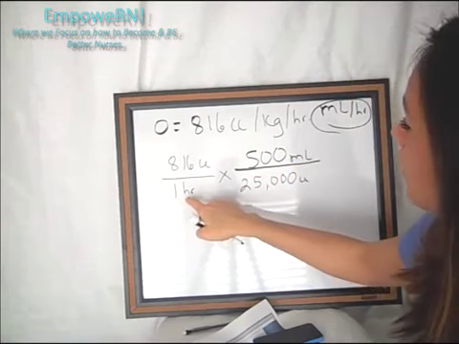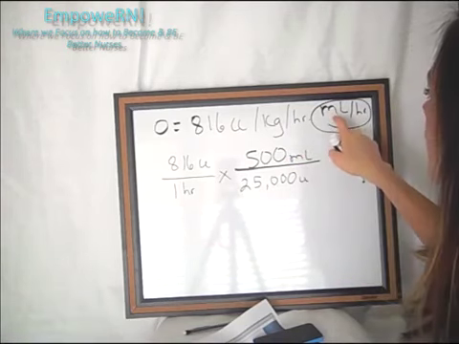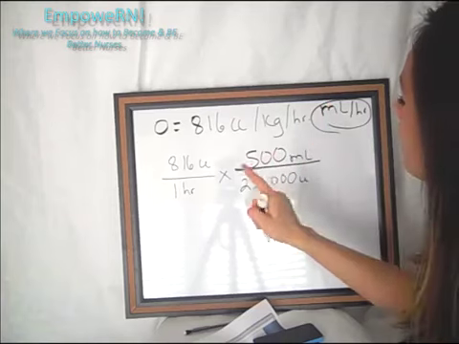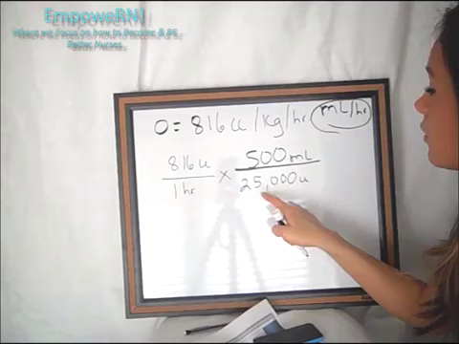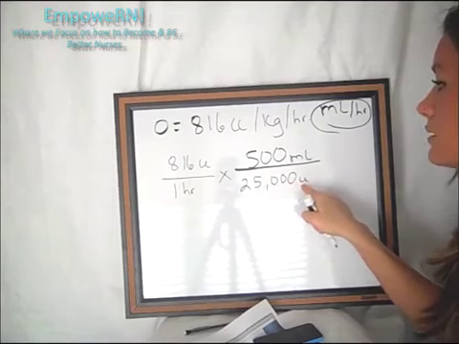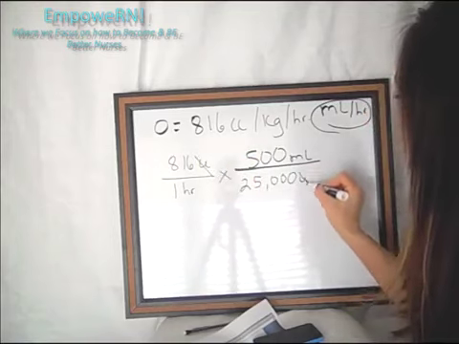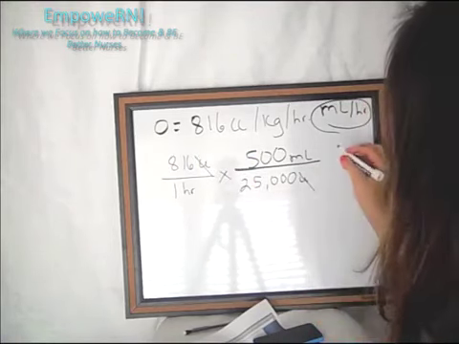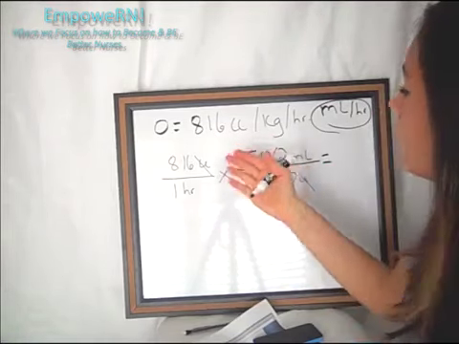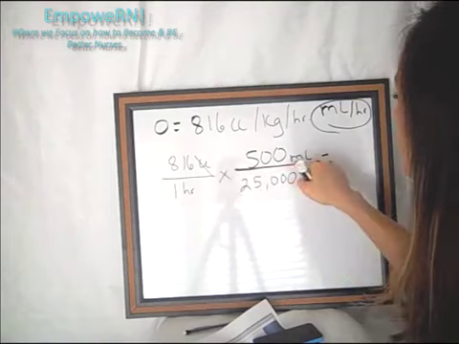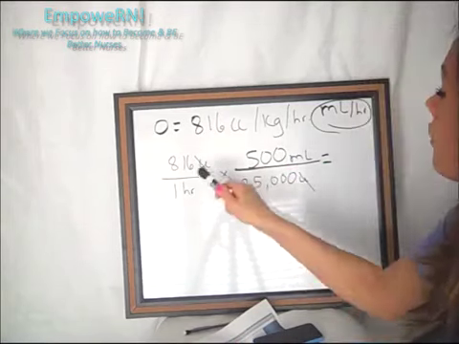So if you look right here, we have hour and mL. Those are what we want, right? Because we want mLs per hour. But if you notice here, this is 816 units, and this is 25,000 units. We don't want units. So what we can do is eliminate this unwanted quantity. Then, since we're already at the things that we want, which is hour per mL, what we can do is multiply